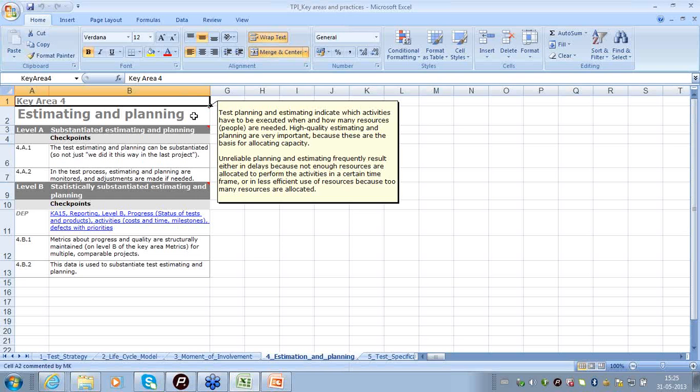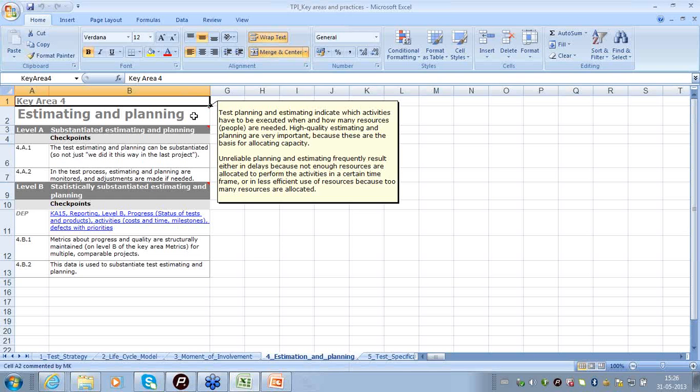By structured way, we could say that the test estimation has to be based on past data, and there should be a common unit of size of testing, which could be, say for example, the number of test cases or the number of lines of code tested. Using the same size measure, when a new project is estimated based on past data, the accuracy of estimation increases.